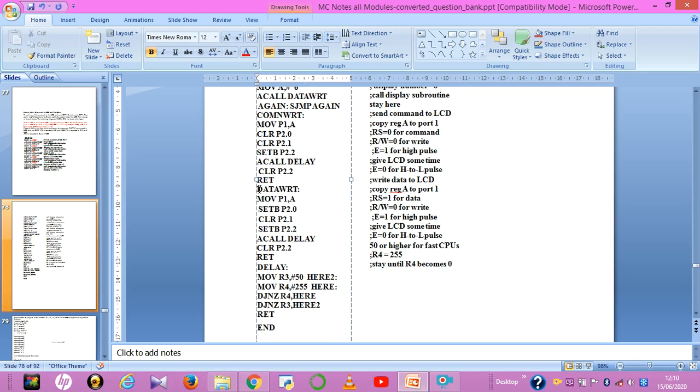For the data write subroutine, to send the data I have written mov P1, A, again the character is taken from the accumulator to the port, and make RS = 1 because you are sending the data, and RW bar for writing, you are writing that character on the display of the LCD. E = 1 should be for a high pulse to enable.